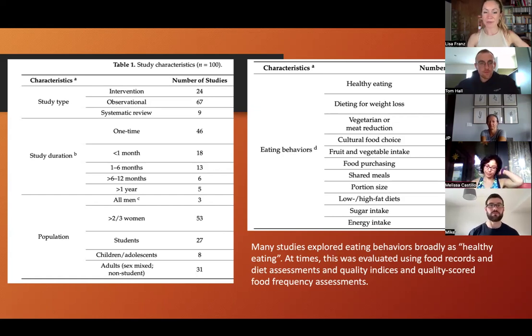But they did what they could, and also we know that food records or food frequency or, what are they called, recall assessments, they're super inaccurate as well. And also we know healthy eating doesn't necessarily indicate quantity or calorie excess or anything like that, but it is what it is. That's what they looked at. That's the studies that they chose to include.